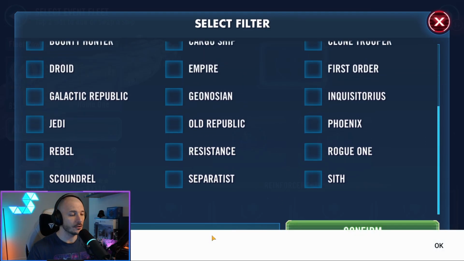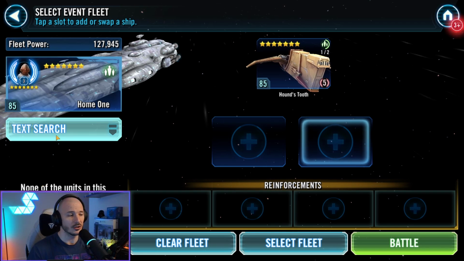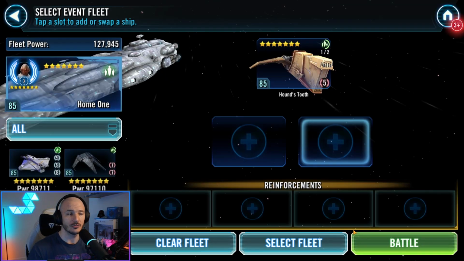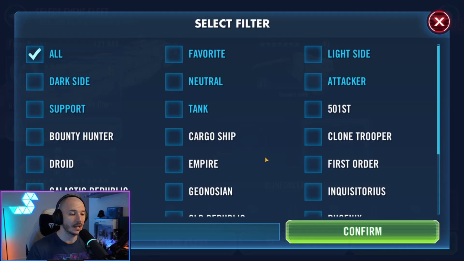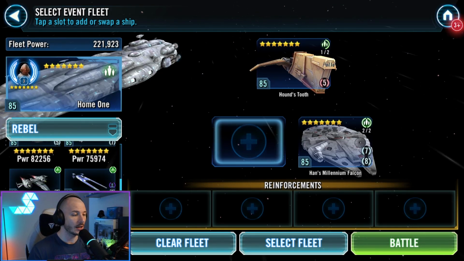So, first and foremost, we need to have a light side and dark side. Now, they don't have to start, but Houndstooth is still a really good taunt. So why not have Houndstooth on the starting lineup? And then we're just going to go Rebels, okay? We're going to go Rebels. Get Han's Millennium Falcon, and I think we'll throw in...